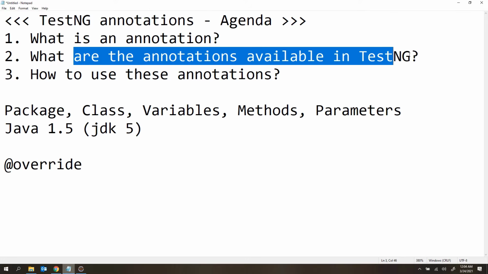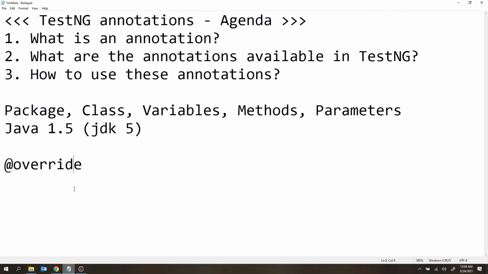And next, what are the annotations available in TestNG? So inside TestNG we have around 15 annotations, guys. Okay, 15 to 18 annotations we have. So what are those annotations? The most important one is @Test. In our previous video also we have used this @Test annotation, right? So first thing is @Test,